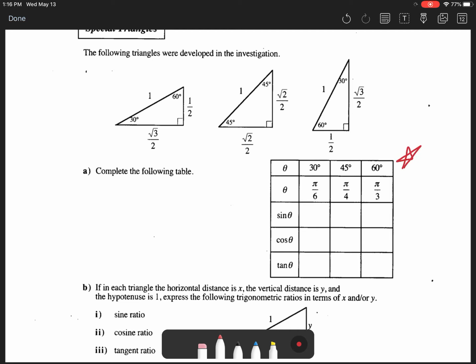We want to know these inside out and as quickly as we possibly can. 30 degrees, 45, 60, the same as pi over 6, pi over 4, and pi over 3, just in degrees and radians. Those are going to be the reference angles that we see a whole lot. So the faster we know the sine, cosine, and tangent of those values, the faster and more efficiently we can